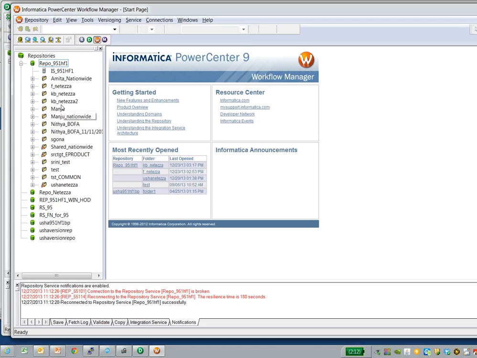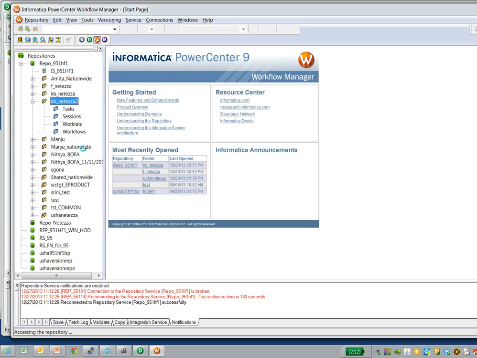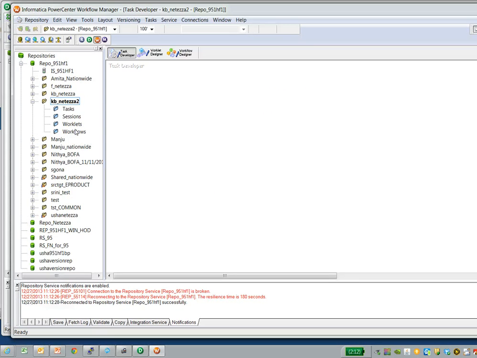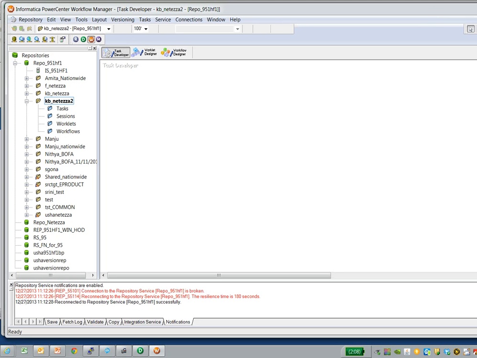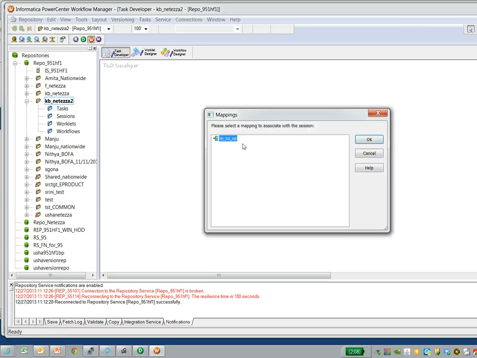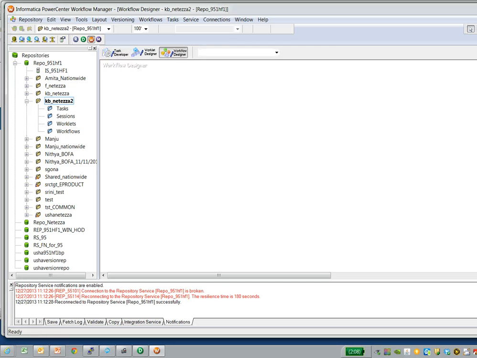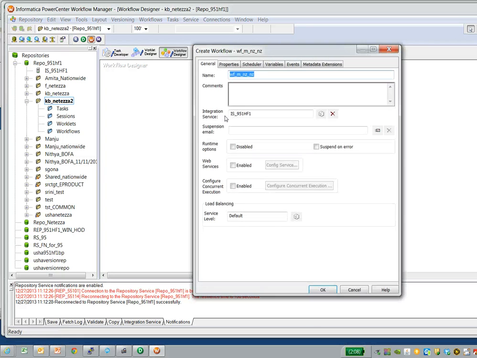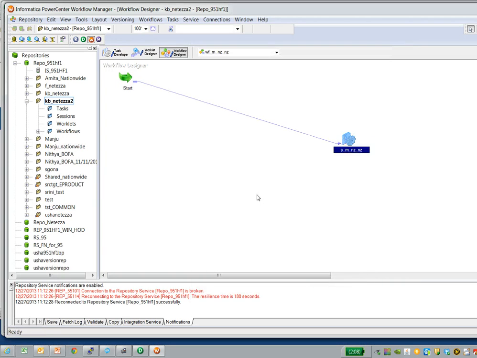This is my workflow manager. I connect to my folder where I had imported my sources and targets and generated a sample mapping. I'm going to choose my workflow designer and create a workflow. Now I have my mapping created. You can create the relational connection from here,